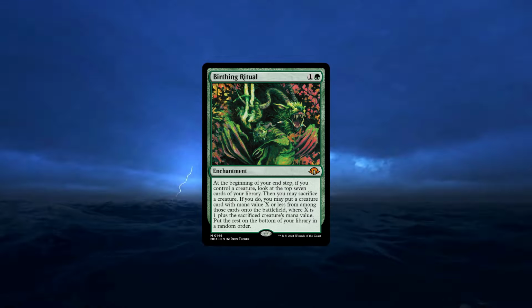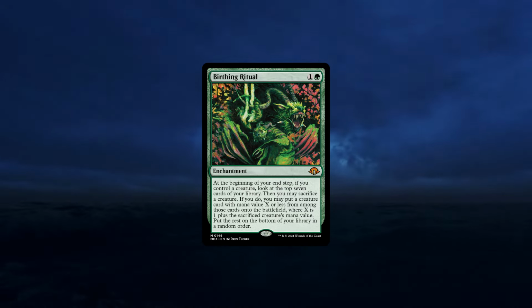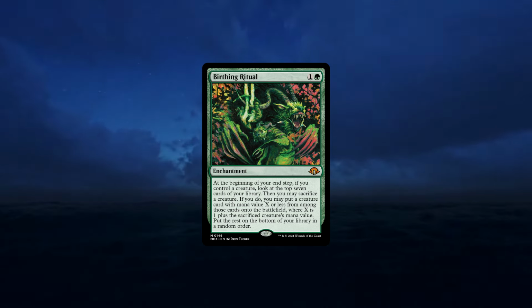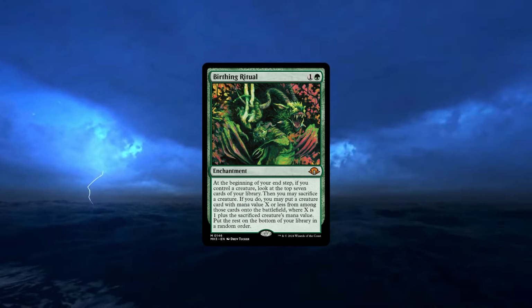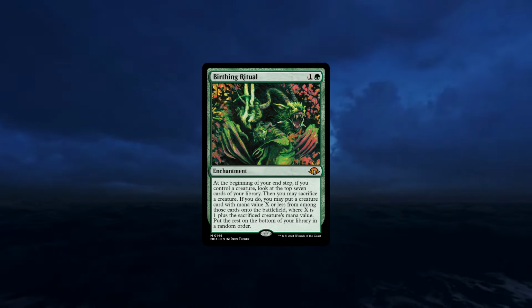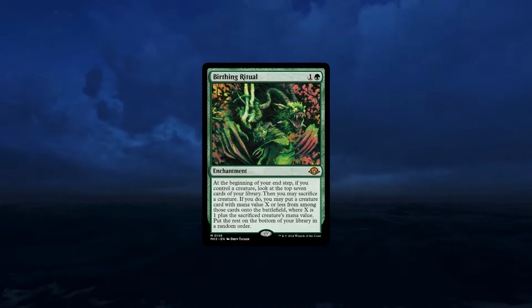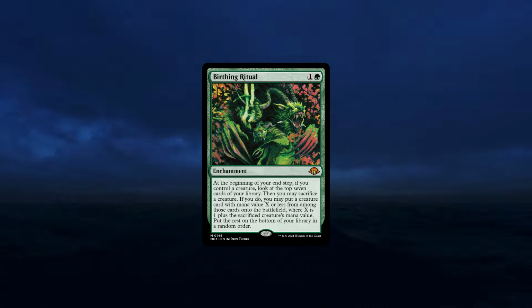At the beginning of your end step, if you control a creature, look at the top 7 cards of your library. You may sack a creature. If you do, you may put a creature card with mana value X or less from among those cards onto the battlefield where X is 1 plus the sacked creature's mana value. Put the rest on the bottom of your library. So it's kind of a fixed Birthing Pod, but like